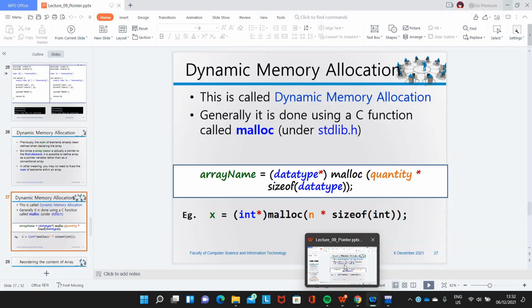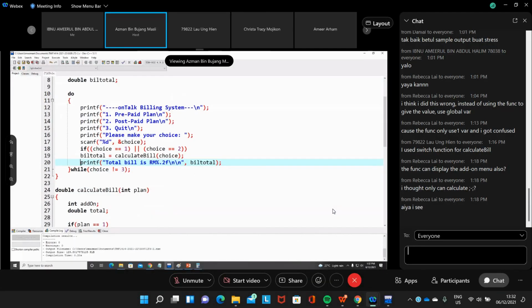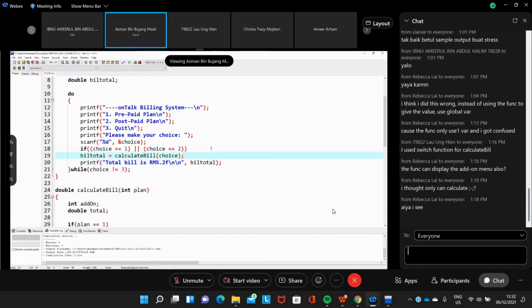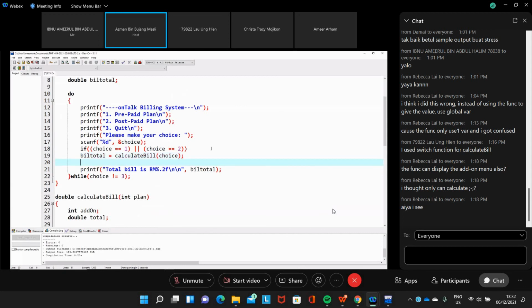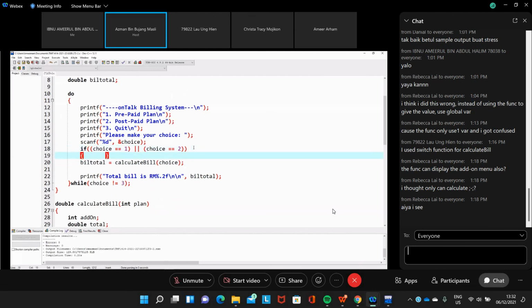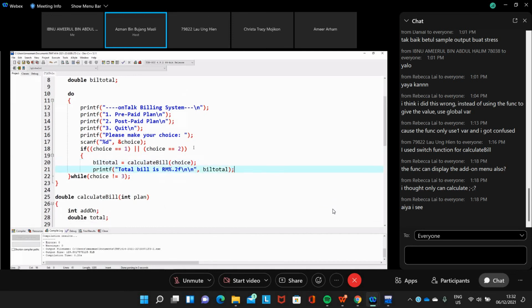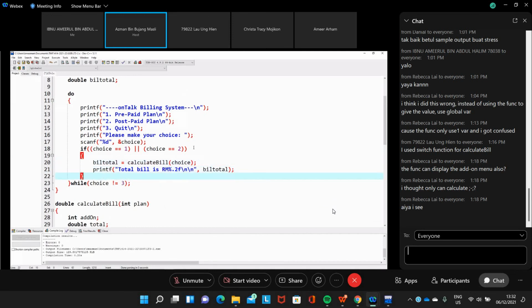So the total bill should be printed in here. We just put it in this bracket. So when you do the calculation, then we have the total bill. So that's it.